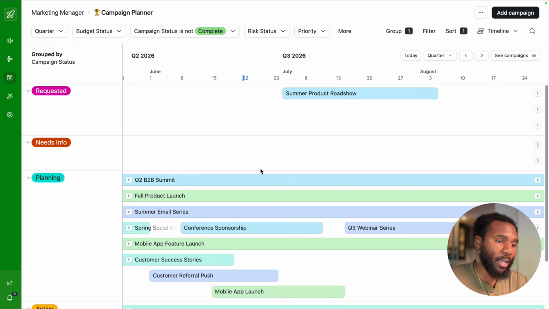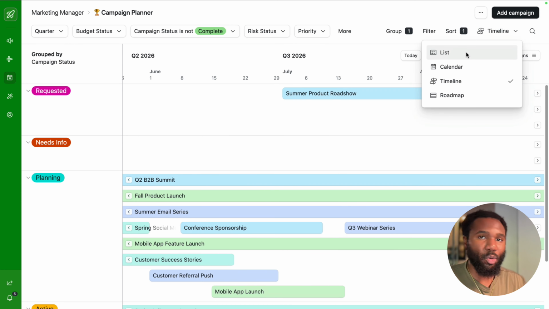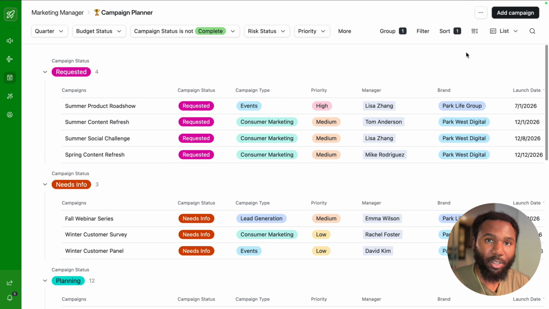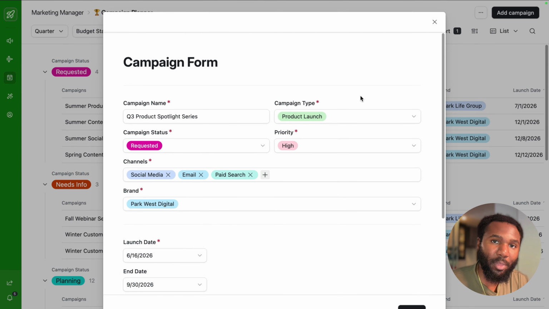So let's flip back to the list view of our campaign planner, and let's add a new campaign here. Instead of email chains, requests come in here, one consolidated, streamlined intake form. I've got it pre-filled with a couple of fields that make sense for a product launch campaign for Q3. And we're going to want to use the social media channels,